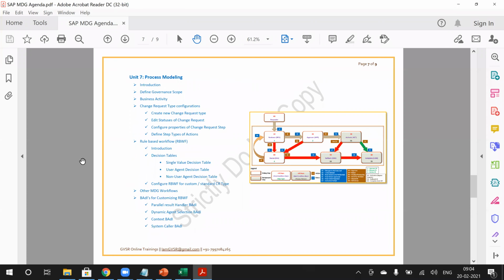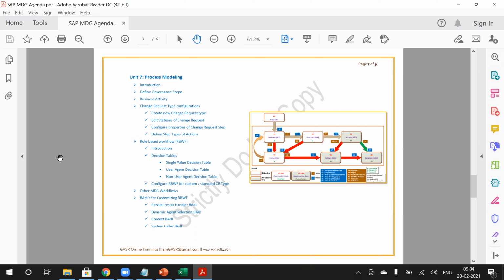Whatever topics and units I am showing you, I cannot say those are specific to technical consultants or specific to functional consultants, because MDG itself is a techno-functional model. A few areas are specific to technical consultants, a few are for functional. But whoever the functionals are, I can give you a suggestion. When technical areas come up where technical consultant involvement is required, I will definitely tell you. Then you don't get scared or diverted from that.